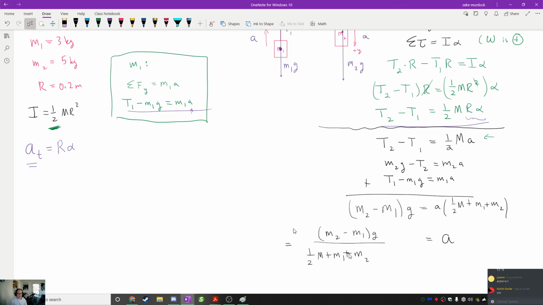Now notice that this reduces down to the result that you would expect. If you make the mass of the pulley, which was big M, equal to 0, then you get the same solution you would expect if you had treated it as a massless pulley, which is good. So our answer now is, and you still see this 1/2 of the mass of the pulley showing up here in the bottom. Okay, so m2 is 5. Everything's in kilograms, right? So I'm just going to write 5 minus 3 times g divided by 1/2 of big